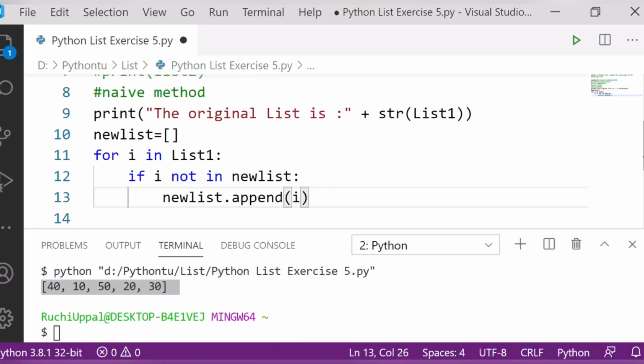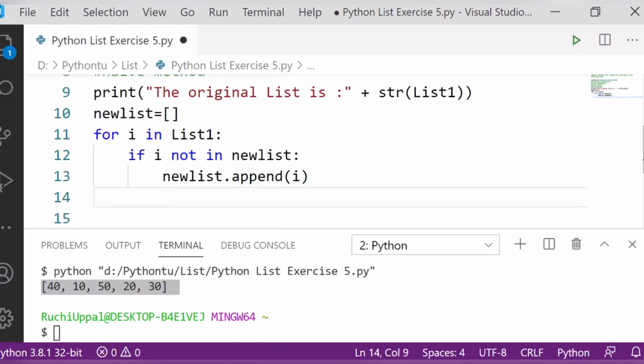Okay, now what I have to do is print the list after removal.